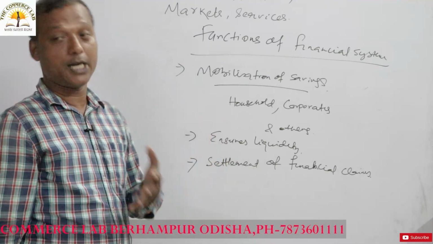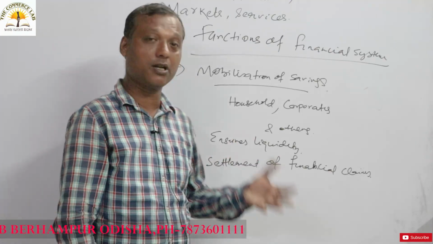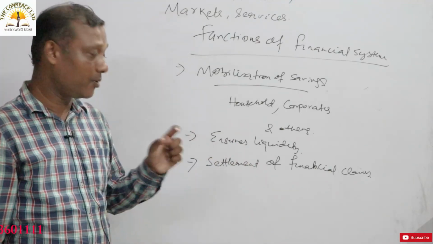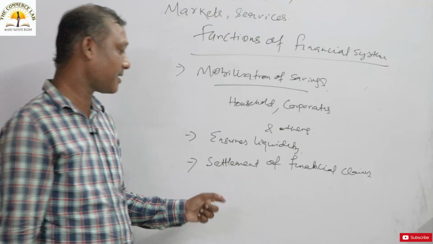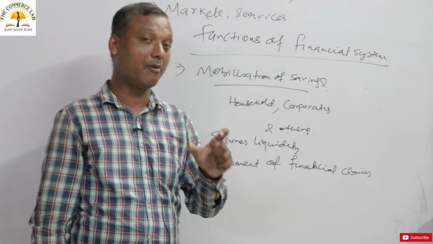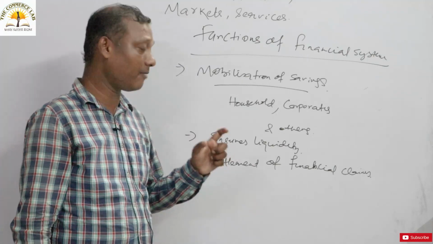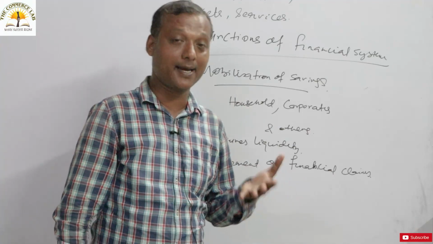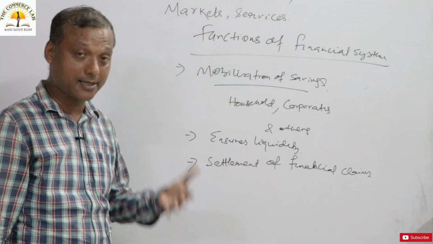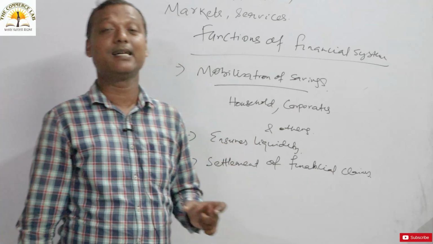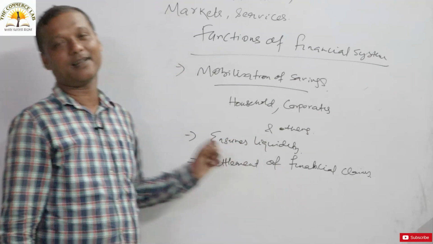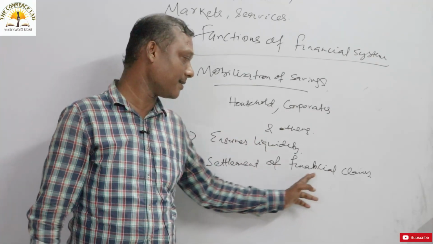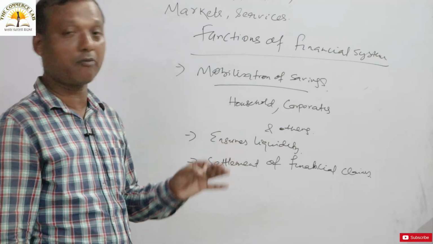So money is there. Next to money, we have cheques, drafts, bills and other types of instruments, and now we are using cheques and drafts also for settlement of financial claims. Remember one thing, money is there. We can't forget the contribution of money, but for our convenience in a modern banking system, now we are using cheques and drafts to settle all types of financial claims. So you have to remember that nowadays the financial system plays an important role in settlement of financial claims, and the role is mainly performed by money.